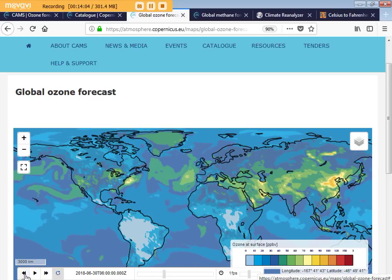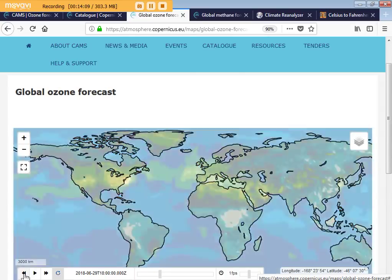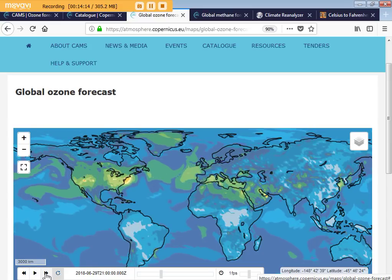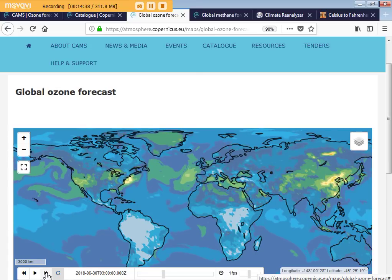Okay, I'm going to pause this. I'm going to show you. Let's go back here. Okay, I'm specifically looking at the United States. See this right off the east coast of the United States? This is being created over the ocean there, and that's 70 and 80 parts per billion. So that's where we saw that methane being created too. See that? And that's in the daytime,